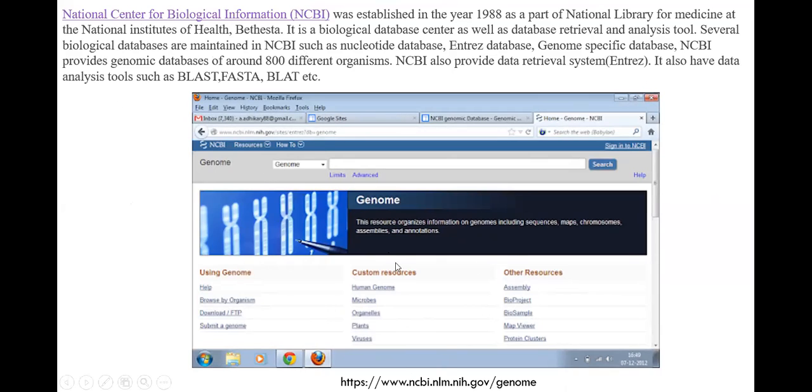You can search for each one of these organism alignments here. And the database retrieval system is called Entrez. You enter whatever you want, and there is a database in NCBI that provides the information. Most of the information, BLAST information, FASTA sequences, and other sequence formats are available. So you can go through NCBI.